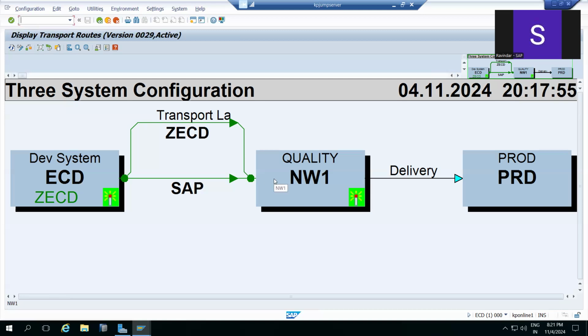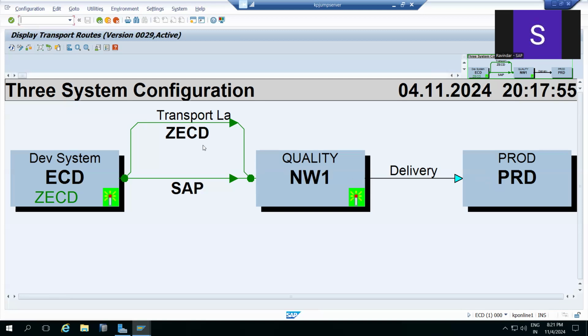If you developed a standard SAP object, then that will go via this lane. Finally, it will reach NW1 only, then go to quality, then finally go to production as a delivery.